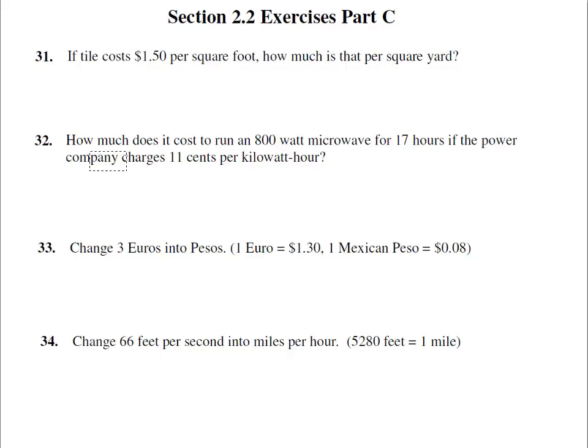Here we are in section 2.2 exercises part C with numbers 31 through 34. It says if tile costs $1.50 per square foot, let's write that down, $1.50 per foot squared. How much is that per square yard? So we have to change square feet into square yards. In your textbook, you saw that 1 square yard